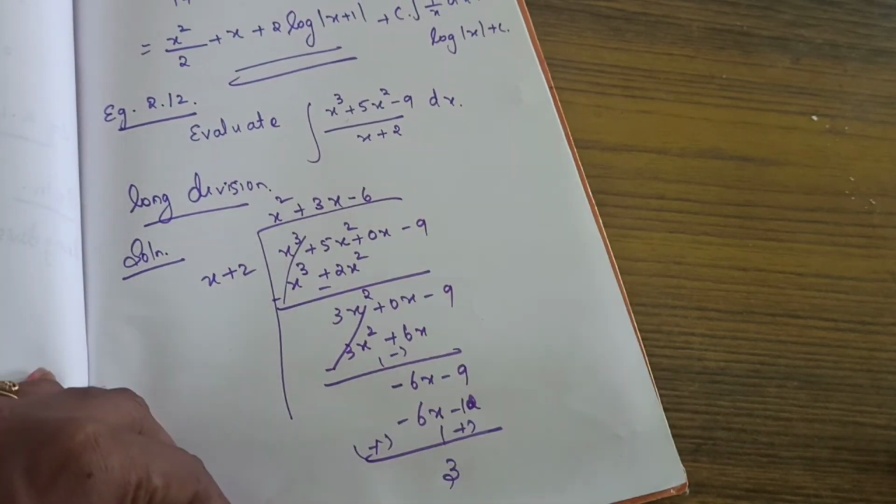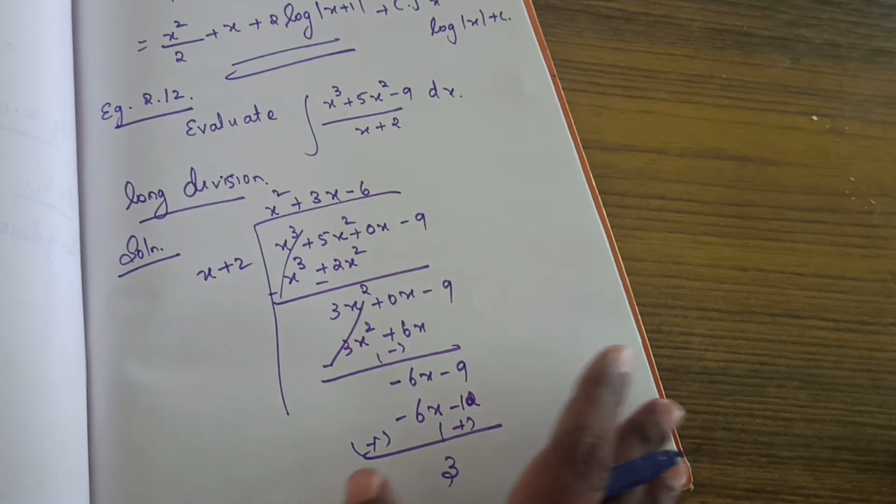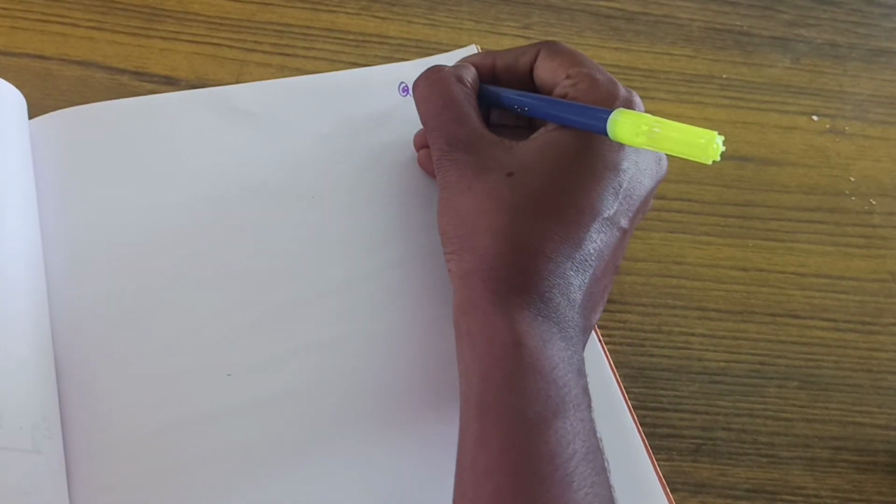In the previous question, what I said, this one is very favorite to you, that is, in lower class, 9th grade as well as in 10th grade, you have learned in polynomial how we will divide. Because of that I just explained it. So you go through it, just divide it. Okay, so how will you write this in the form of q plus r by d? So q plus r by d form.